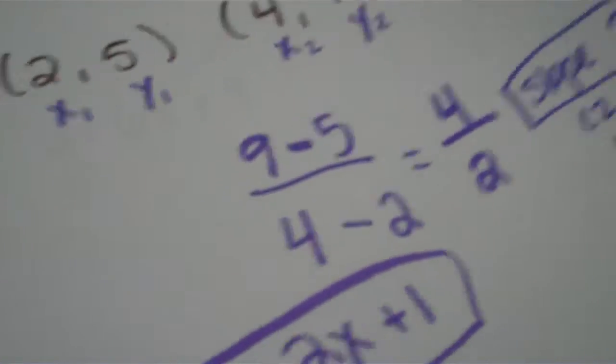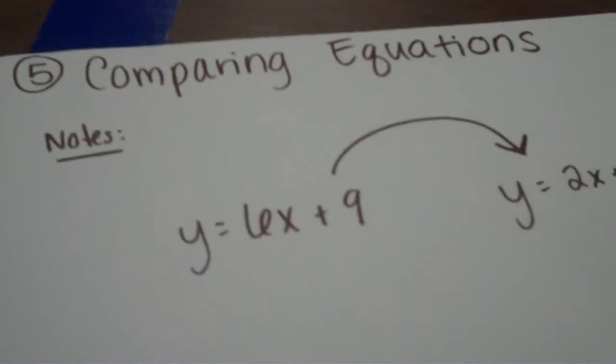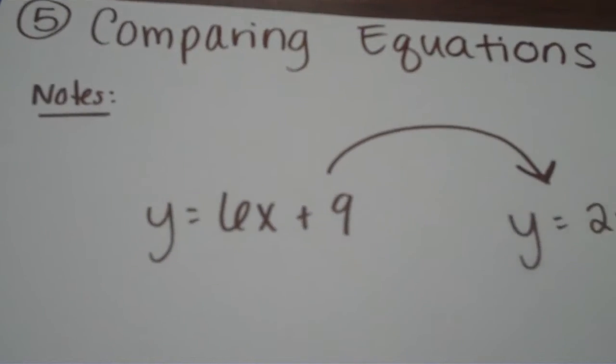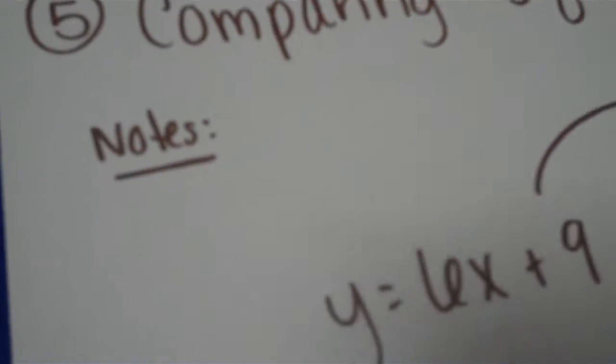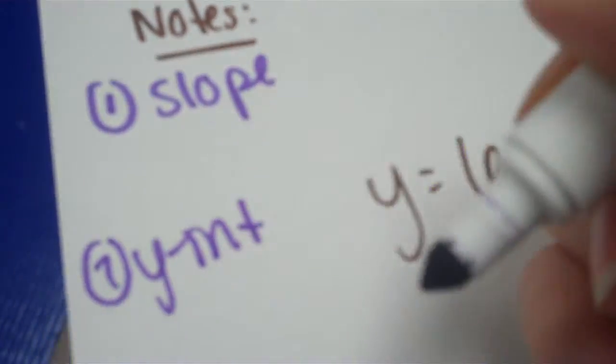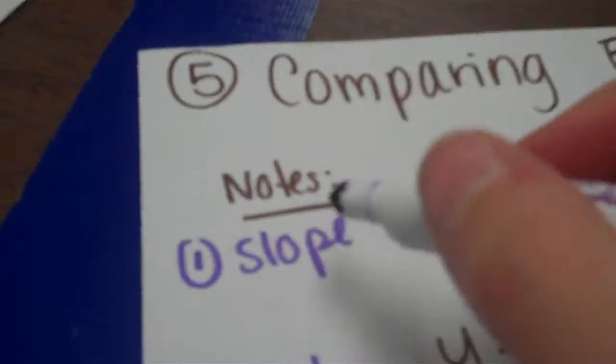Last example, guys. Last one. Comparing equations. Okay? Comparing equations. Now, notes real quick if you remember. We compare two things. We compare the slope. Leave a little space here, and then we compare the y-intercept. The easy one is the y-intercept. The y-intercept moves the equation up or down. Okay, it shifts it up or it shifts it down. The slope,